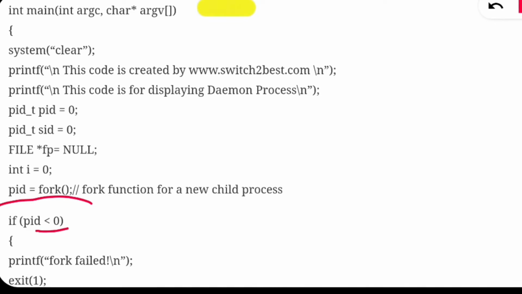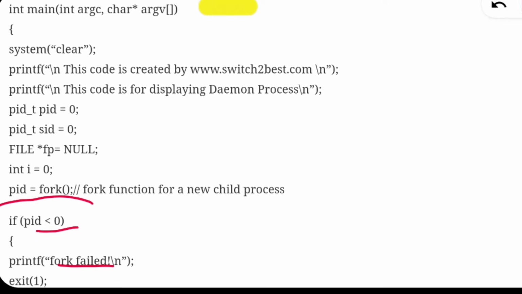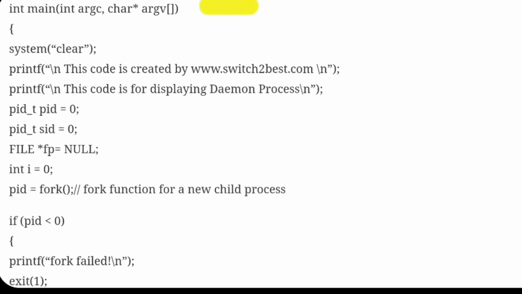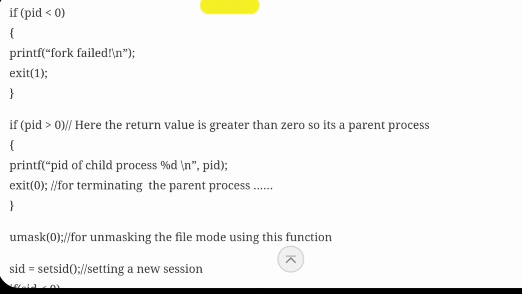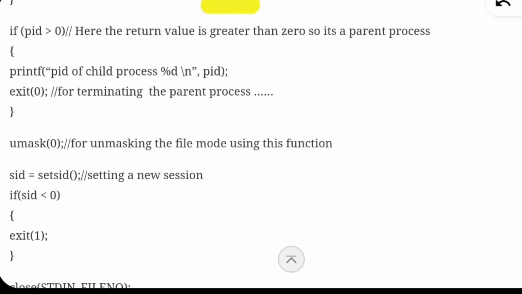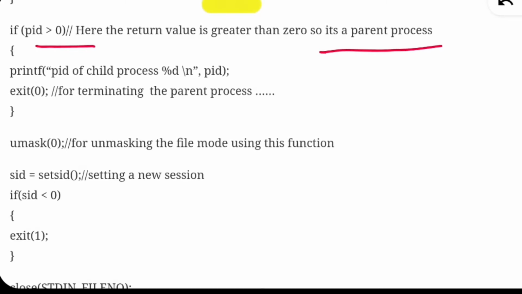If the value of pid is less than 0, that means fork creation failed, no child has been created, and it will exit. If pid is greater than 0, then it's a parent process, and we are printing the parent process ID.